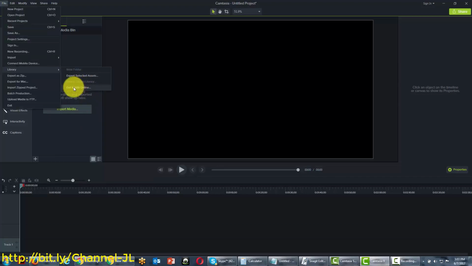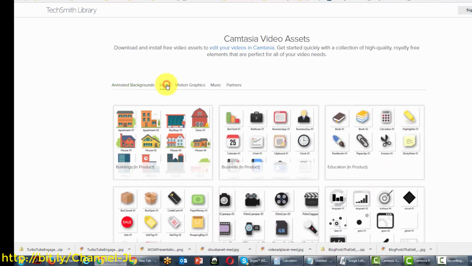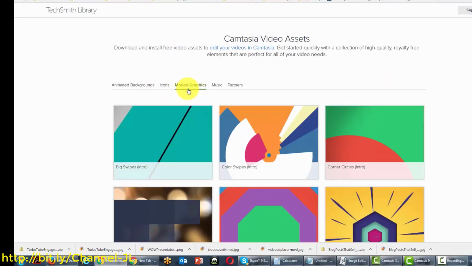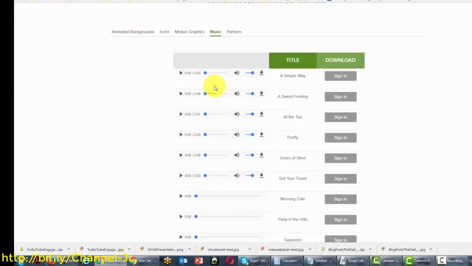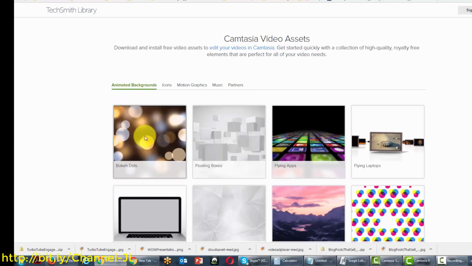What you'll also notice is that we can get additional media online. So we can click this link and we'll be taken to the Techsmith website. So Camtasia gives users animated backgrounds, icons they can use, motion graphics, music, and there are also assets from other software partners that you can actually download for Camtasia also. So if you wanted to